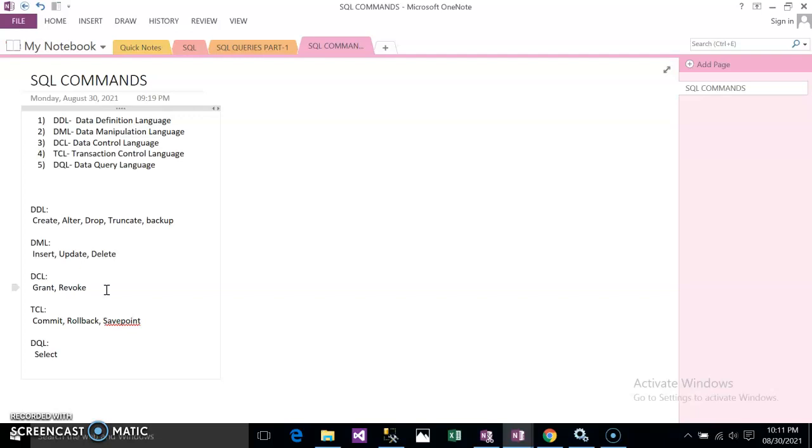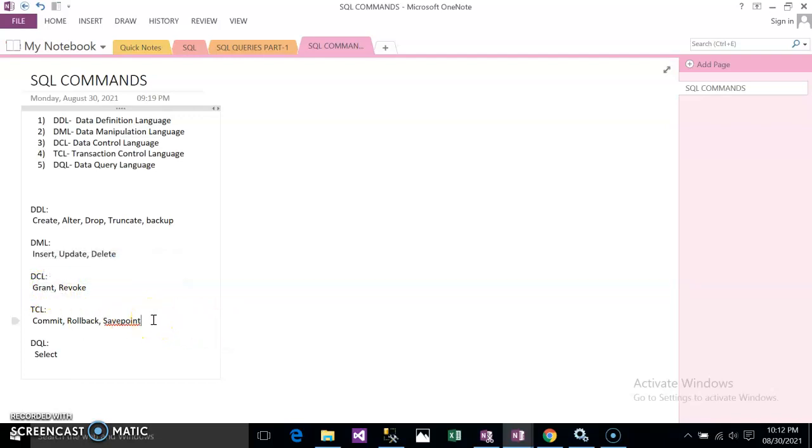And next is DCL, that is data control language. So these are used to grant all or take back the authority from any database user. Or you can say the commands which deal with the user permissions and control the database system. So you can see if you want any of the users to have the control on any specific database or tables, then you can use this DCL command. So the commands are grant and revoke.